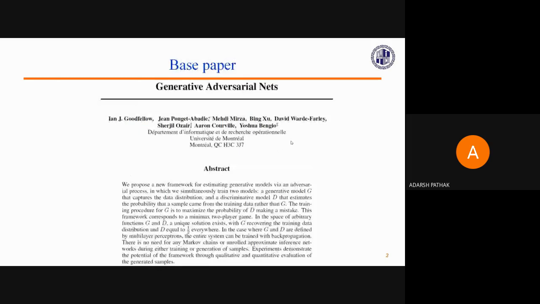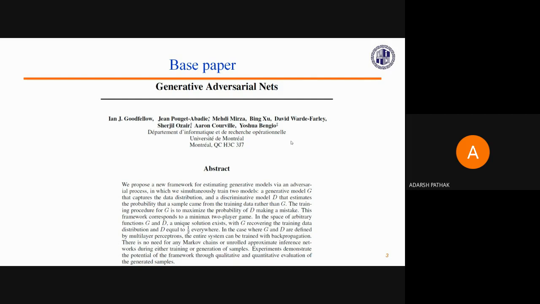So now this is the base paper of the generative adversarial network. Basically, this paper has proposed a new two neural network model. First one is generator and second one is the discriminator. This will work simultaneously and generates the figures. This paper basically generates the images, which is just like a generative model can be thought of as